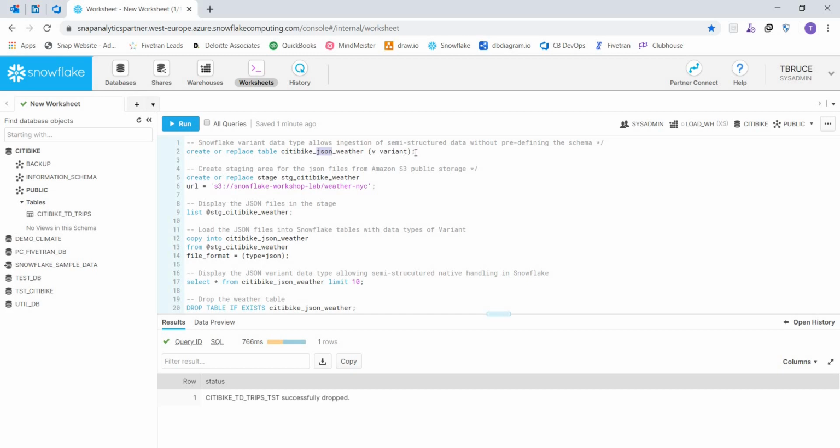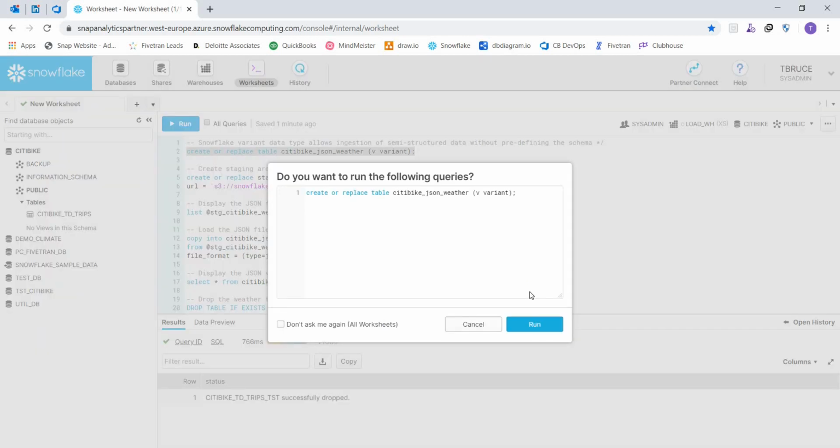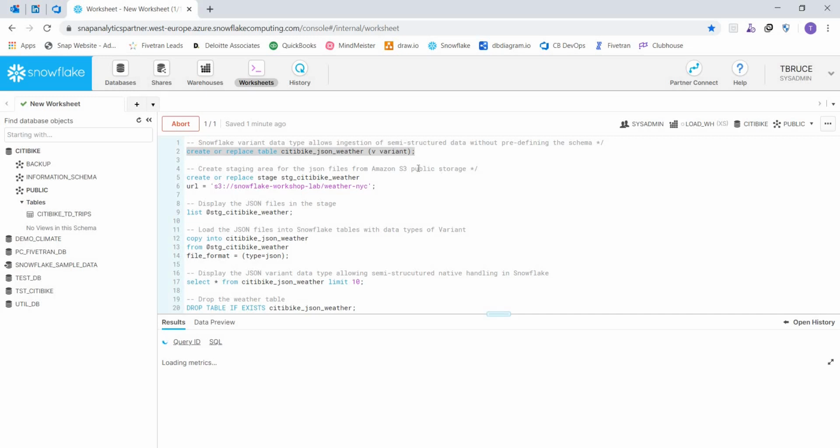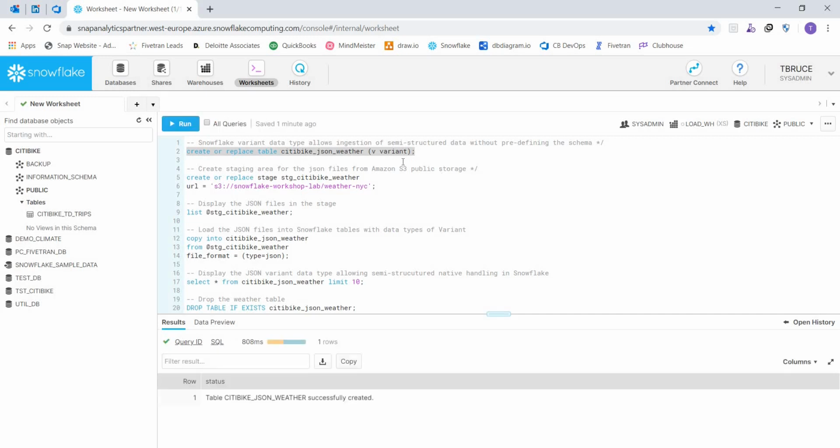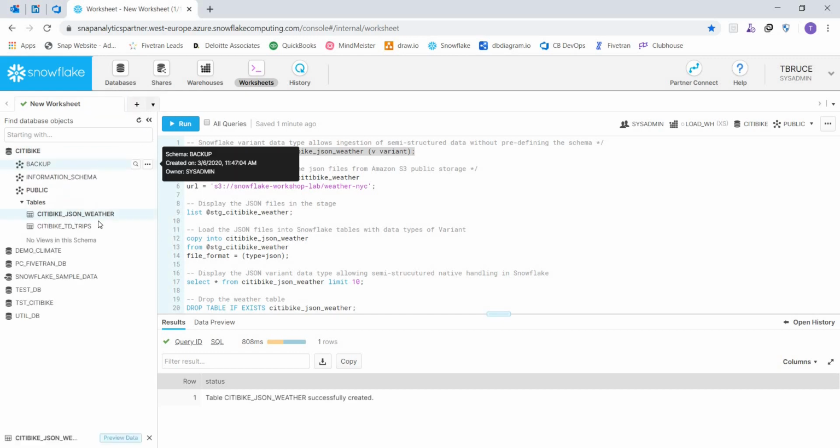So we'll create this table which will represent our weather data for New York. And I'll run this now, and it's using the variant data type. This is the data type within Snowflake that allows you to store semi-structured data such as JSON data as we are here. So you'll see that this has now created a blank table which we'll use to store our